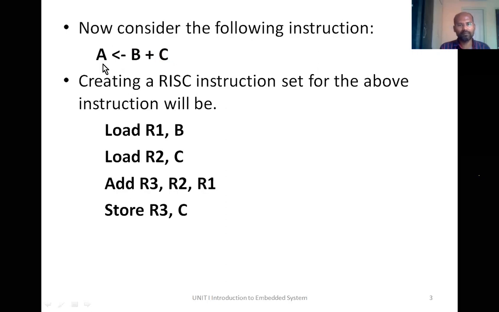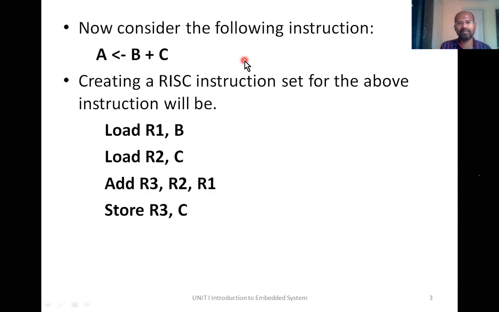and store the result back to another location which is also present in memory, right? If that is the task, you can do this task directly in CISC architecture, whereas in RISC architecture it is not possible. In CISC architecture you may write an add operation, and it may have three operands.